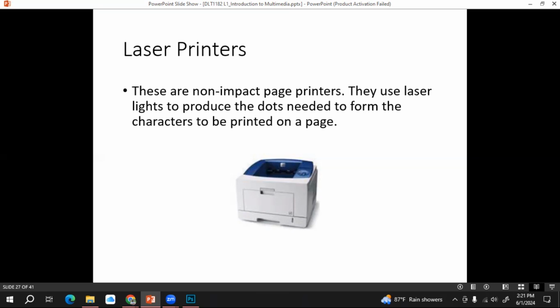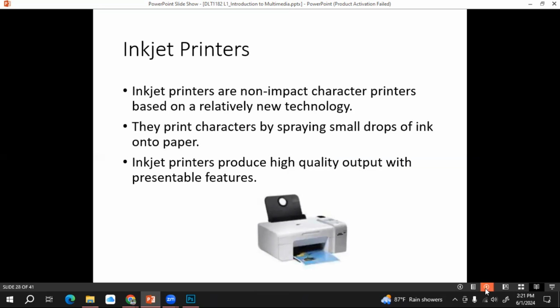In this technology, a laser beam or laser light is used to produce dots on the paper to generate some characters or images, right? Then inkjet printers use the technology of spraying small drops of ink on the paper to generate some images and other graphics, right? These are some examples of output devices.